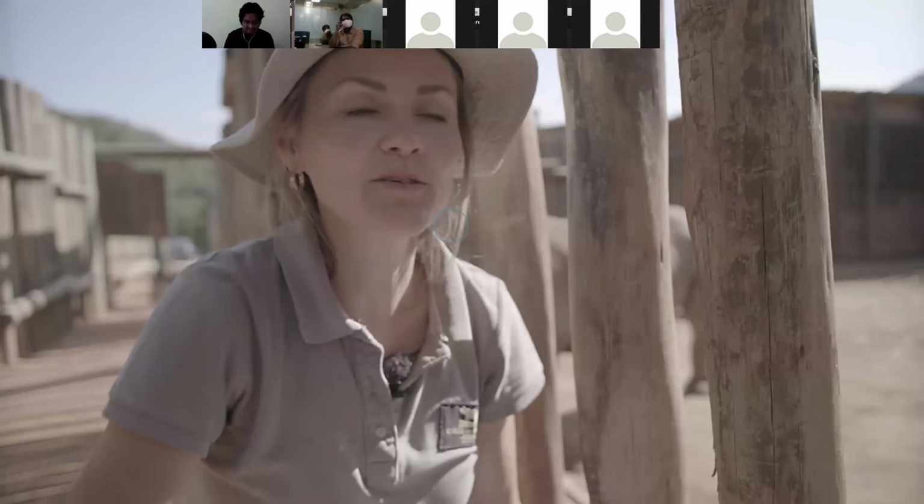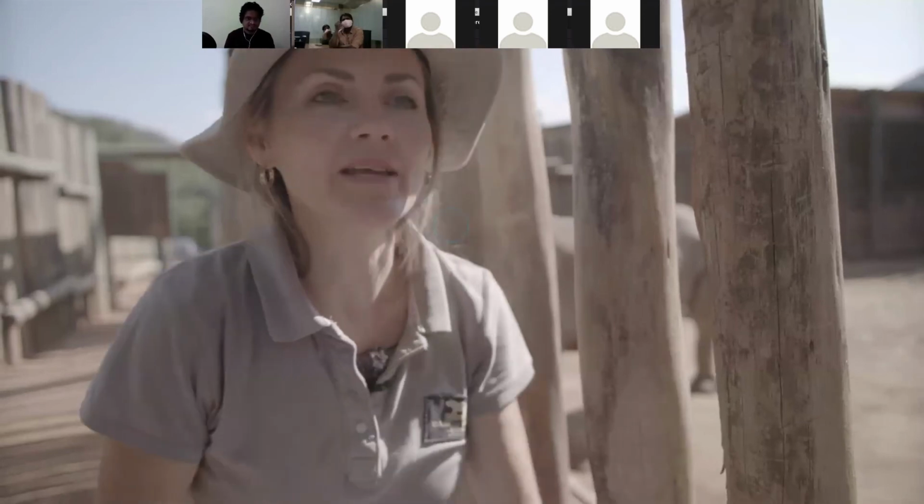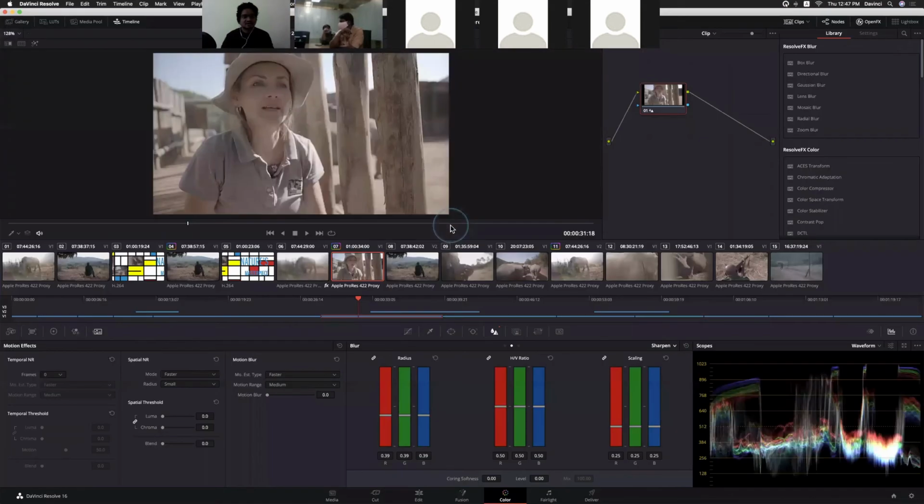Can you see the difference? Yes, yes. This is the original one. We just added a little bit of sharpness to this one. Okay. So there are multiple ways to do that.